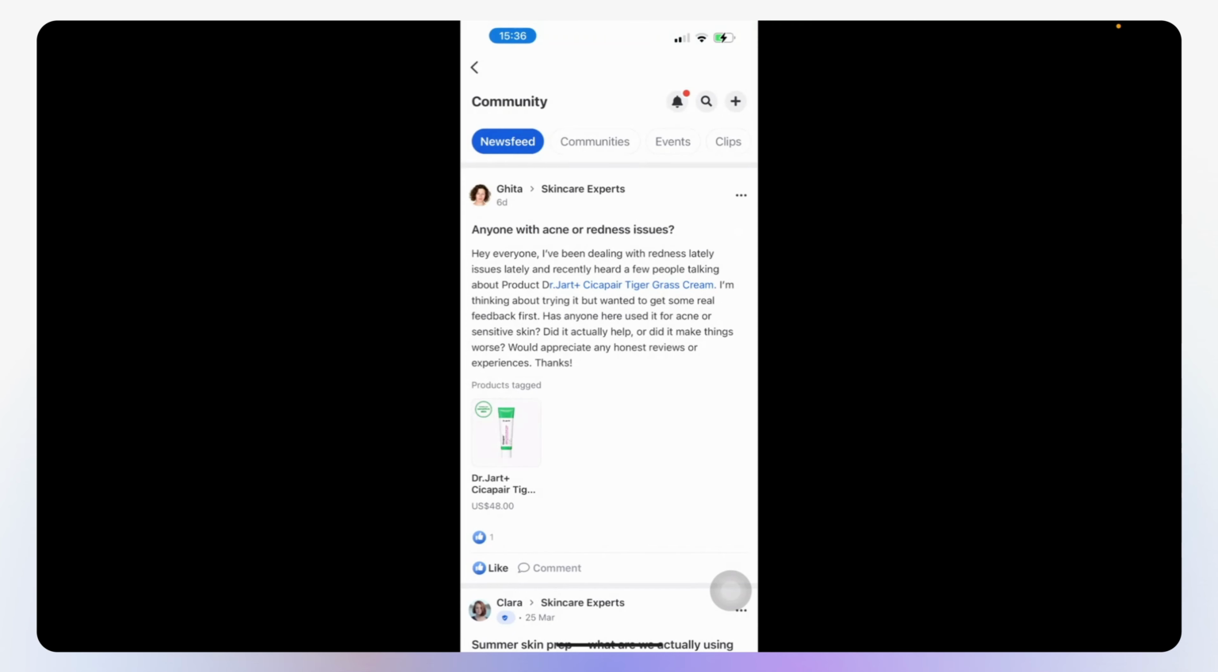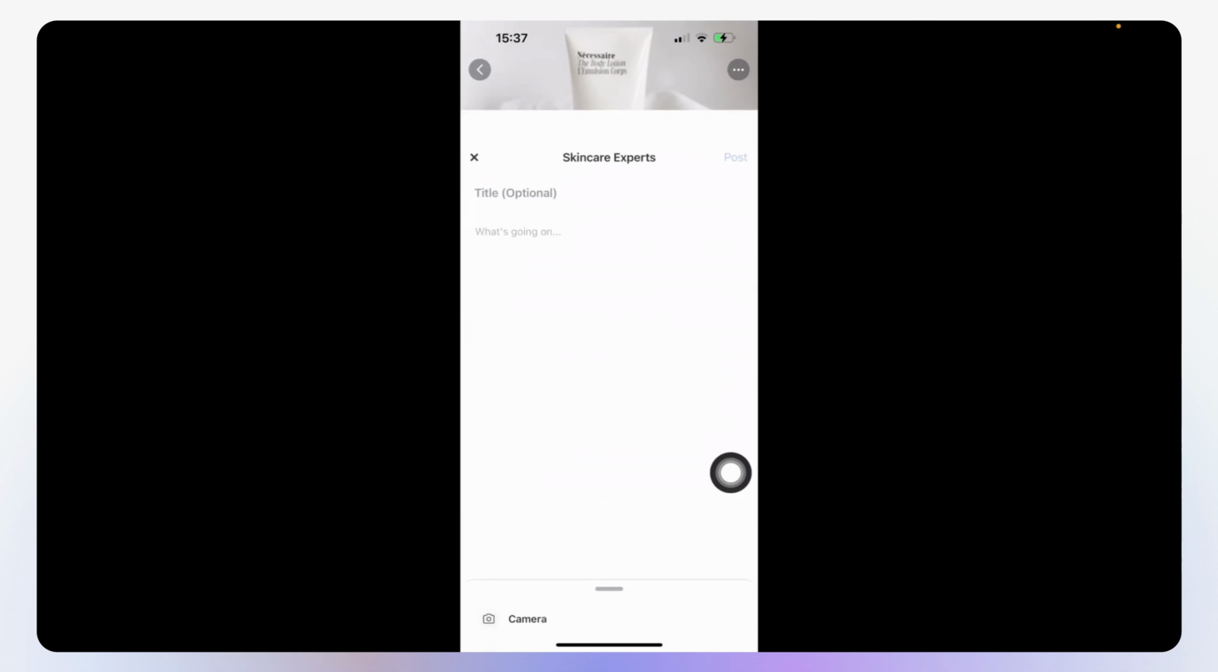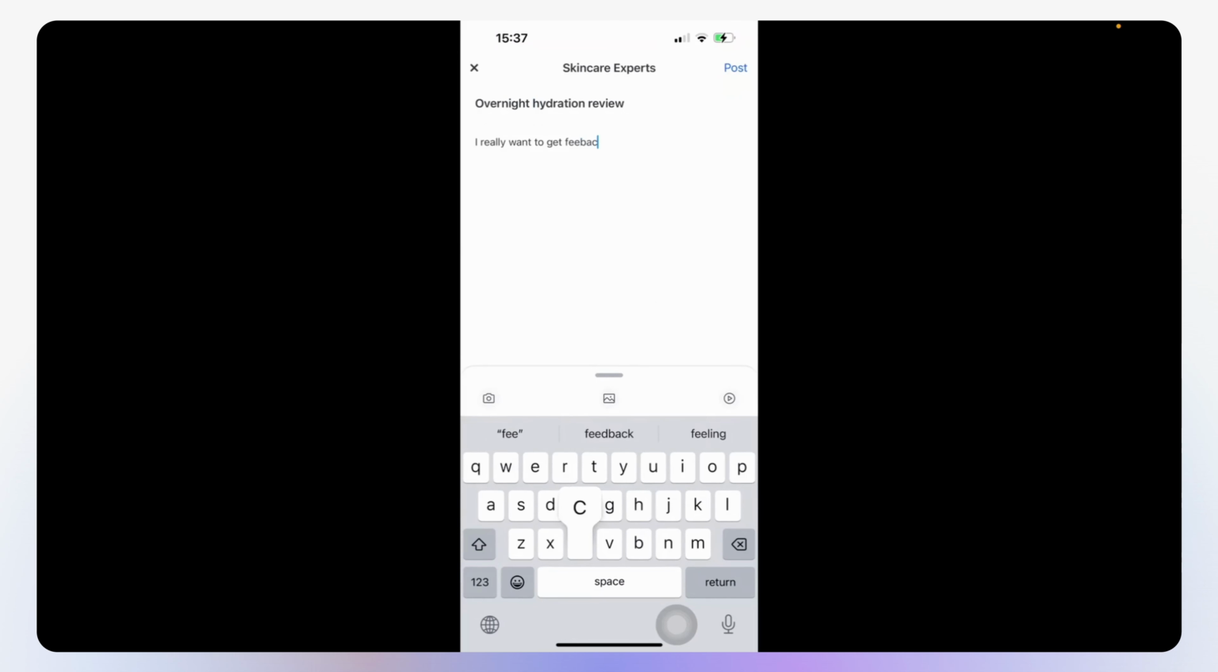Okay, so after you have uploaded the product catalog directly from the console, now your users can easily tag products from the app. So they can easily go, let's say I go to skincare experts and I want to create a post as a user. You just put here, for nights hydration review. So whenever they want to tag the product, they can just put add, and then they have two choices. Either to mention the user, which we already supported, but now